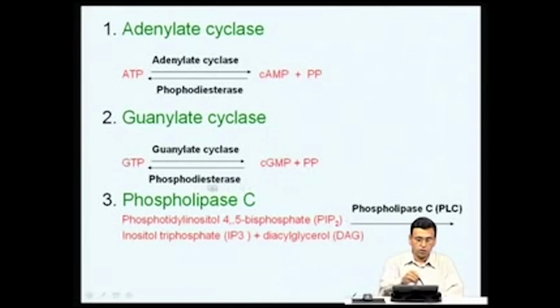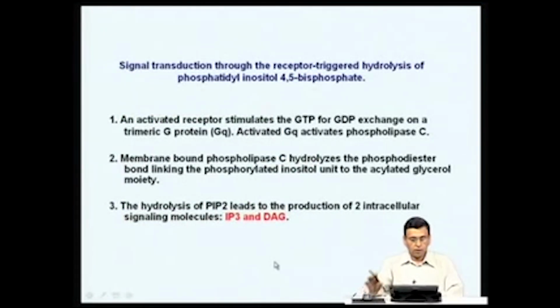So the focus today is going to be about this particular aspect. Signal transduction through receptor triggered hydrolysis of phosphatidylinositol 4,5 bisphosphate primarily happens when a receptor which is activated by a signaling molecule, it could be a ligand, it could be a small molecule, or it could be a polypeptide hormone, results in the stimulation of GTP to GDP exchange on a trimeric G protein,